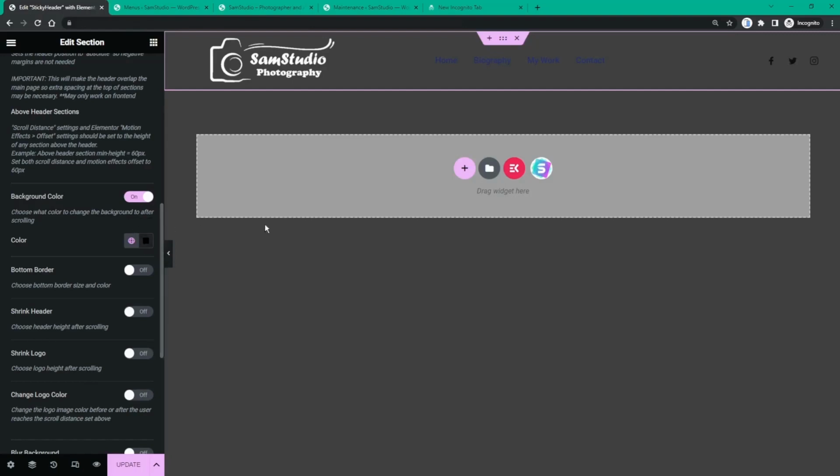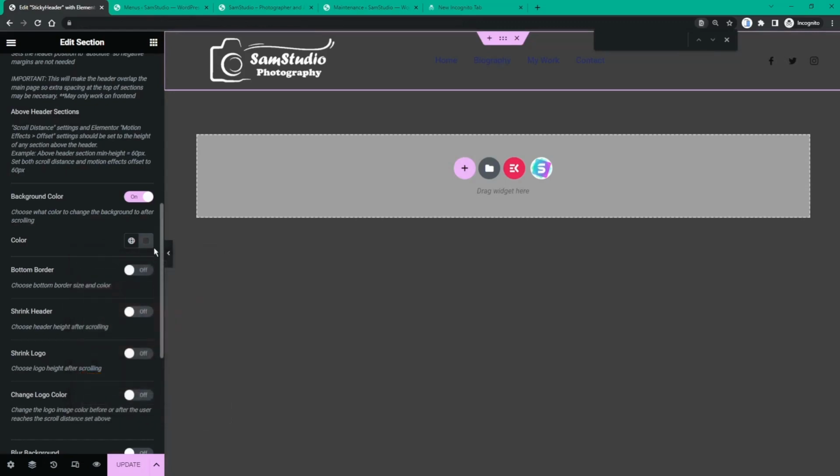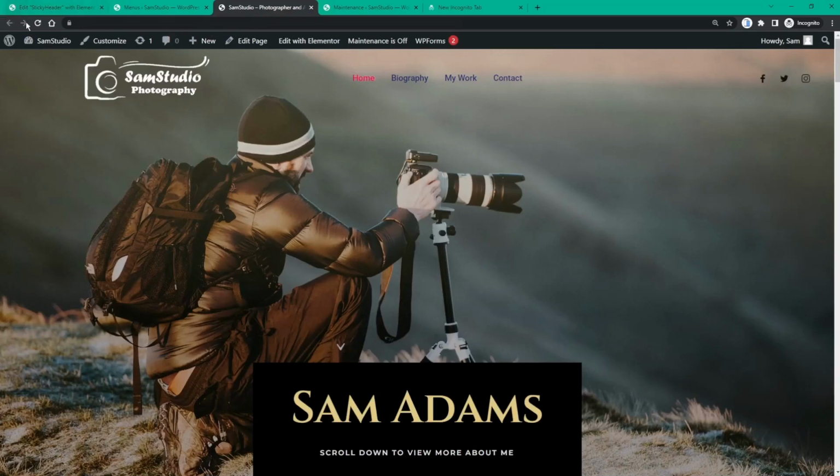And instead of black, I have a kind of a dark gray moving to red that I kind of like. Here, if we click on Update and we go back to our website and I hit refresh,